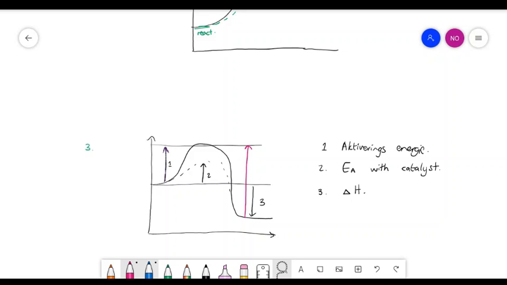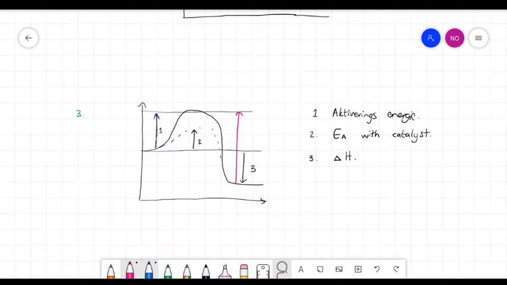Okay, then they say, does the graph represent an exothermic or an endothermic reaction? Maklik, né? Jy kyk net na die grafiek, exothermies. And then they say, write down a formula for calculating delta H. That will always be